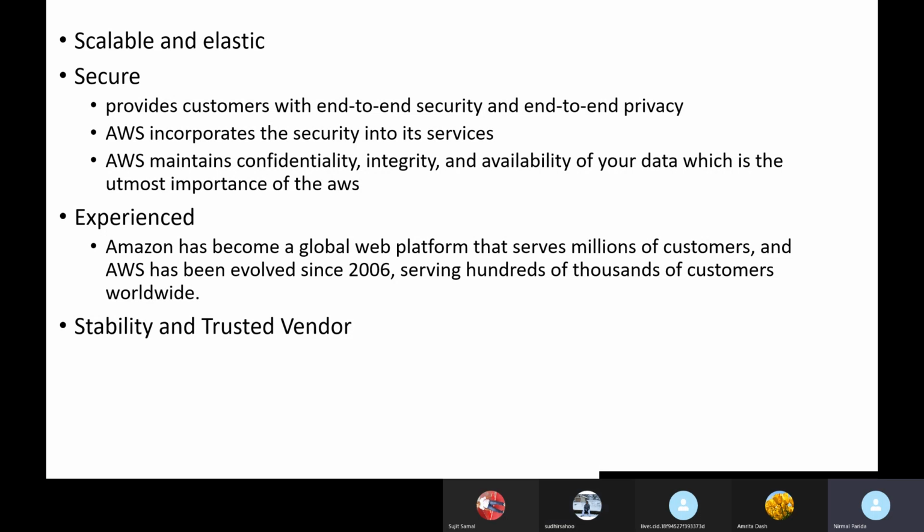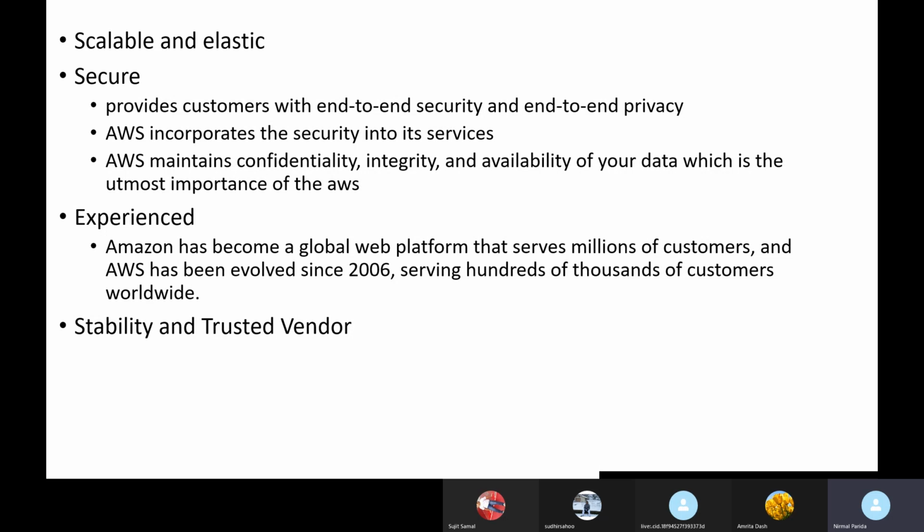Next is security. Security is the highest priority for AWS. You want to secure your environment, right? They provide customers with end-to-end security and end-to-end privacy. They incorporate security into their services, and they follow all the security standards in the market.